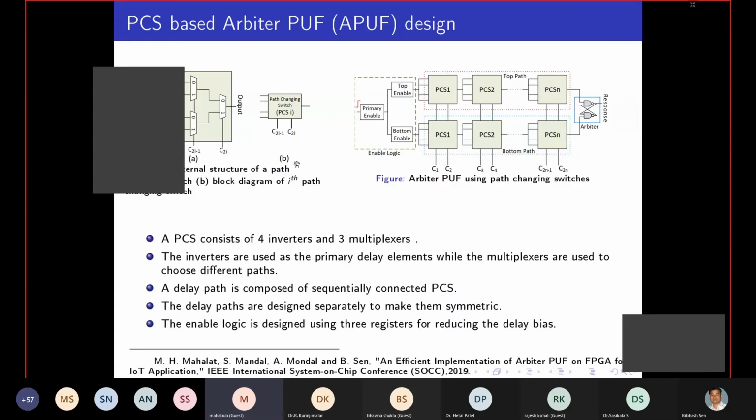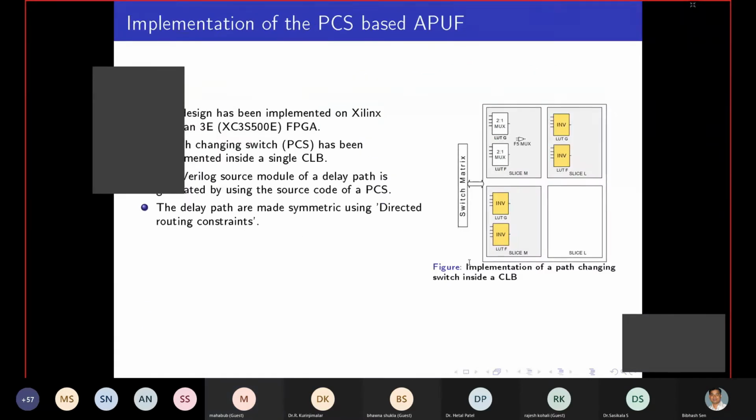This design will help to trigger the delay paths simultaneously. Otherwise, it is very difficult to trigger the delay paths simultaneously in an FPGA device. So I think this is the basics. Simple. Just enable the 2 delay paths simultaneously, and this will trigger the arbiter. Based on the delay, this will produce output as 1 or 0. At first we will implement this design in a Spartan 3 FPGA, which is a very basic FPGA starter kit, so it will be easy to understand.